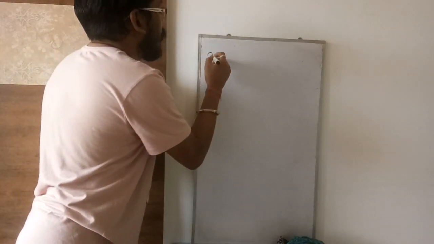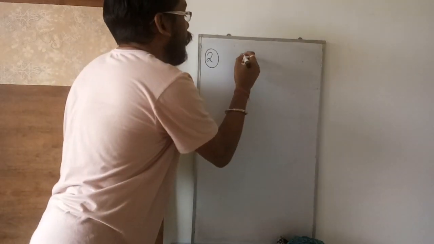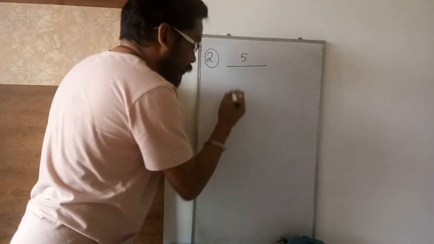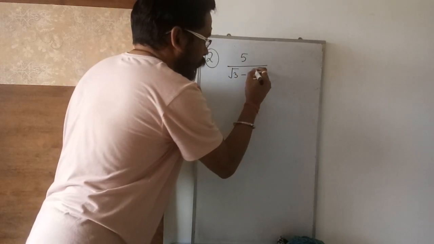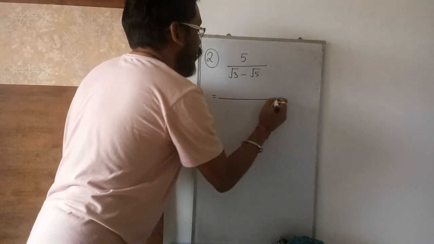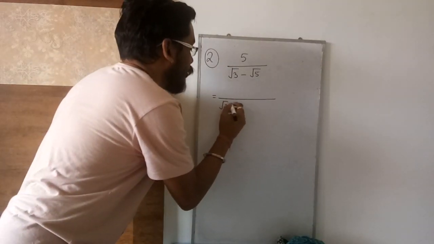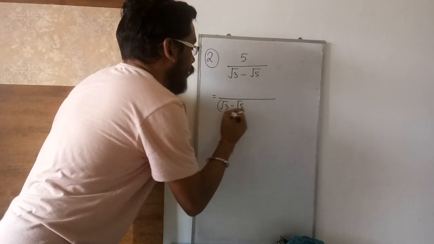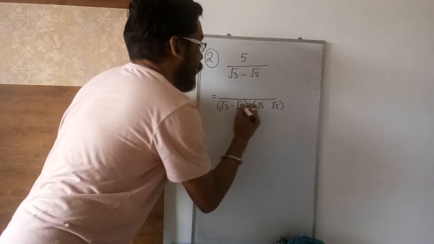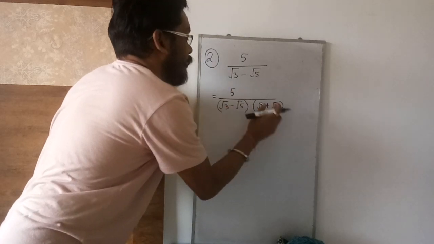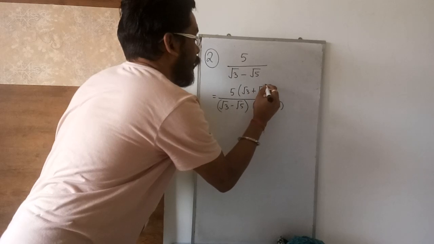So question number 2, what was given? Rationalize. I hope you don't have any doubt about rationalization, still I am showing it here. 5 by root 3 minus root 5. In rationalization, what is your purpose? To remove the square root. So it is root 3 minus root 5. You will multiply the same thing here, just the difference: here it is minus, so it is plus. The thing which you have multiplied extra, the same thing you write here.